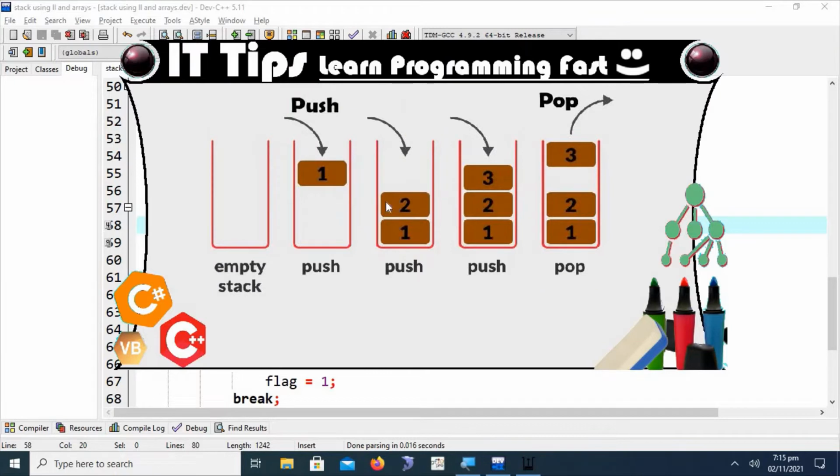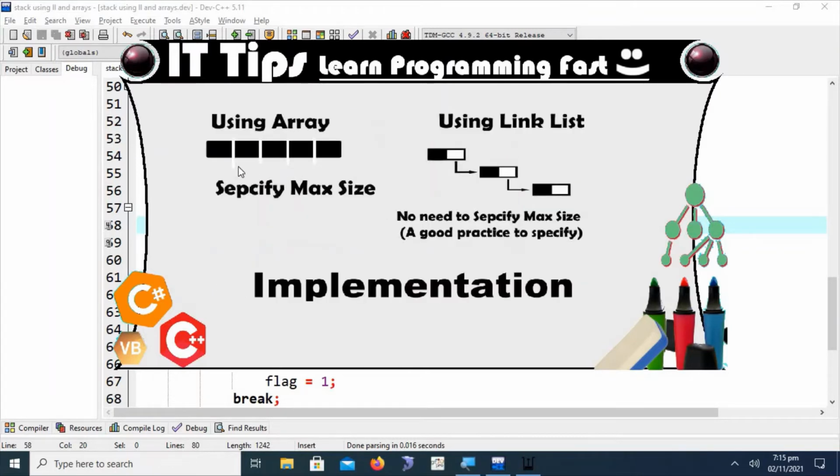Next, we have to see that the stack implementation can be performed with the help of an array or using a linked list. When we implement a stack using arrays, we have to specify a maximum size, because an array is a static data structure in which a defined set of values or data members can be stored.